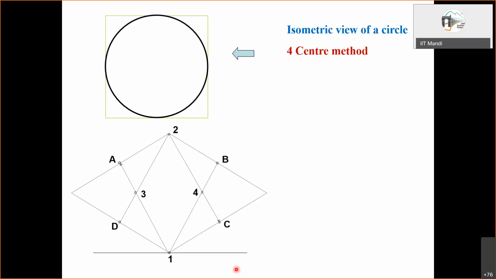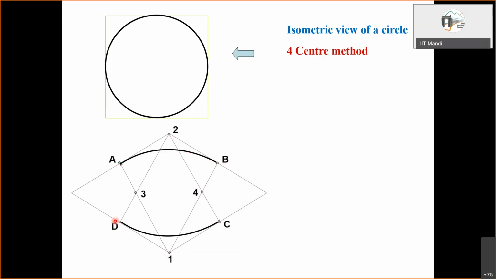With these 4 centers, now we need to draw circular arcs. From this one, 1, taken as center, the radius is from 1 up to A or 1 up to B, and an arc will be drawn from A to B. Likewise, with 2 as the center, an arc is drawn from D to C, so 2C or 2D will act as the radius.